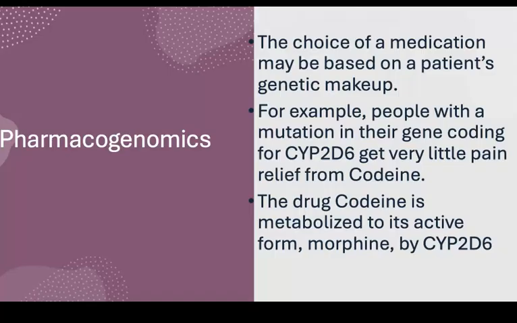So for example, there's an entire population of individuals that has a mutation in their gene coding for a certain type of enzyme group that we'll hear about a little later, that sometimes these individuals have very little pain relief from codeine, because the body is unable to metabolize the drug codeine to the active form, being morphine,